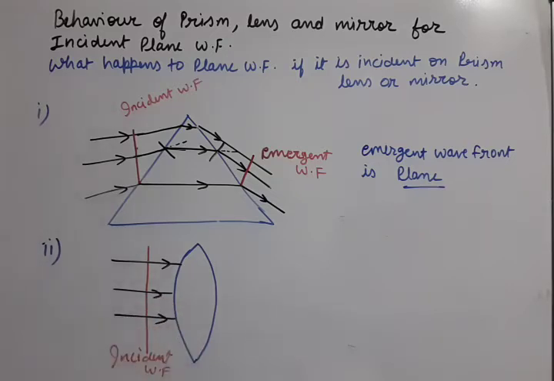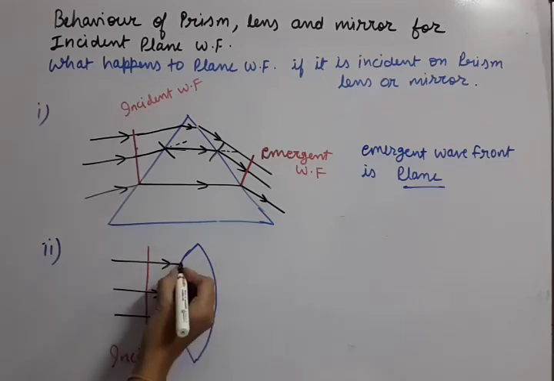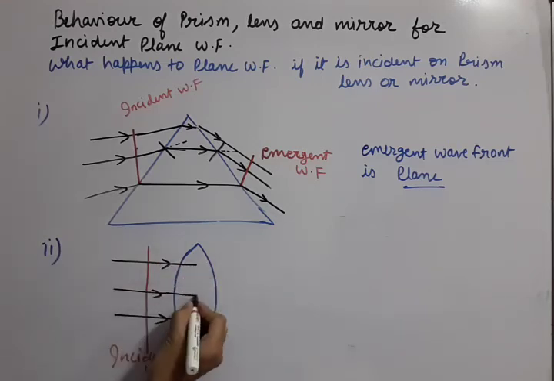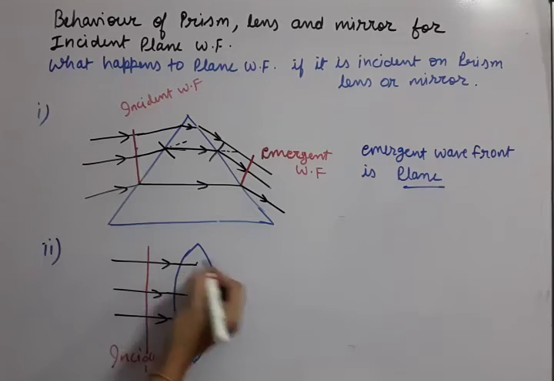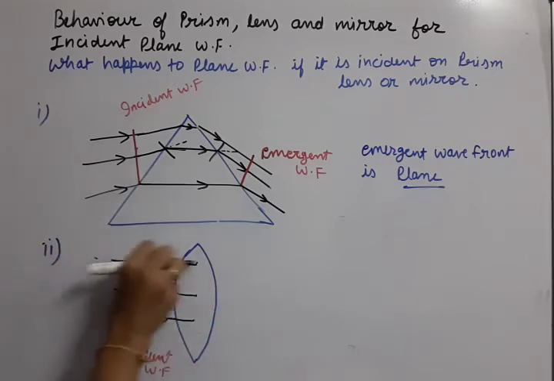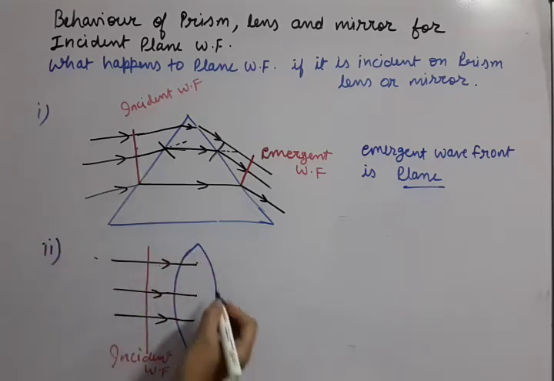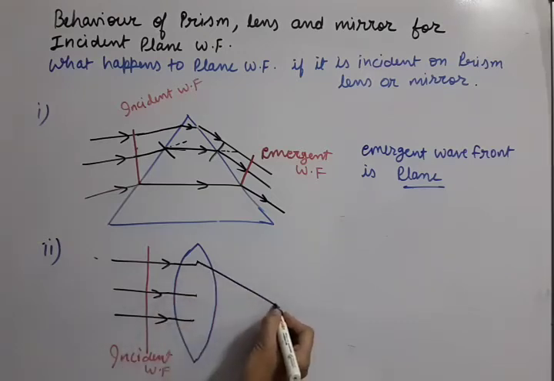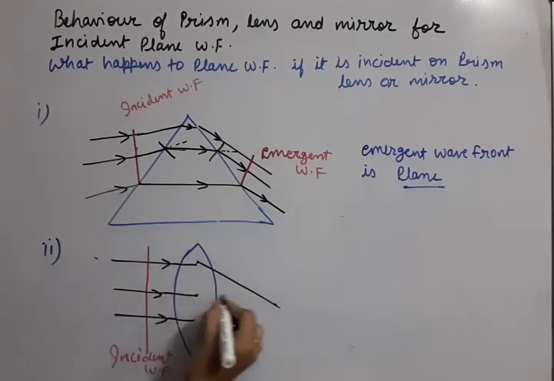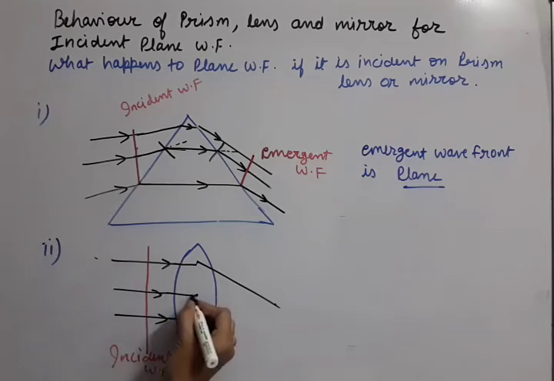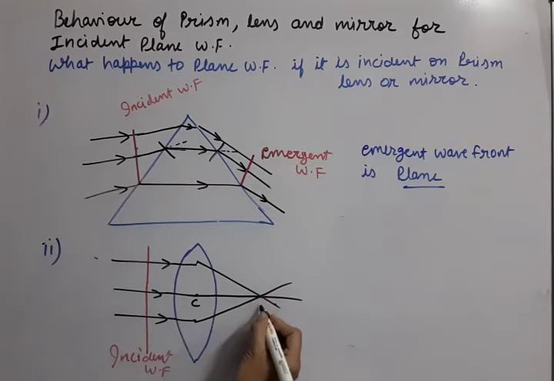Now because we have taken a convex lens, which is a converging lens, when the rays come, after that they will converge. Or you can say that the ray which is parallel to the principal axis passes through the focus. So suppose the focus is somewhere here. The ray which goes through the optical center will go unbent, and this ray also will pass through the focus. So here we will get the emergent rays. Okay, all the three rays coming here are emergent rays. Now you know how to get the emergent wavefront.